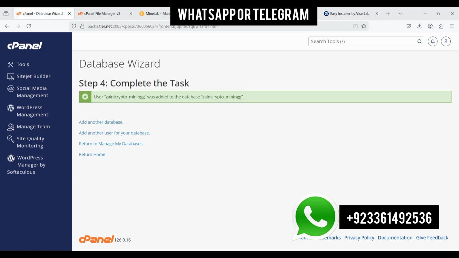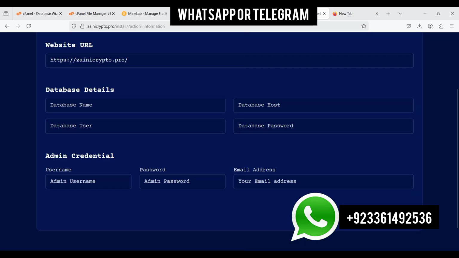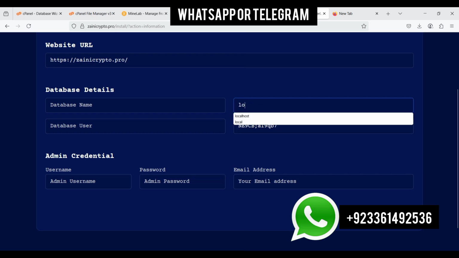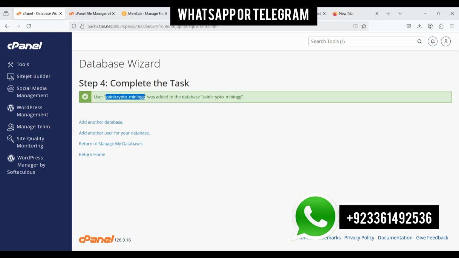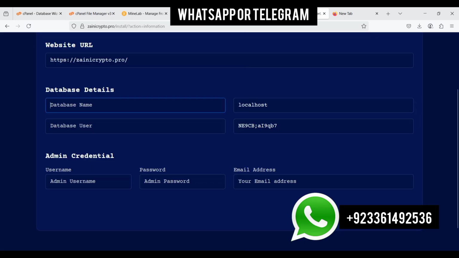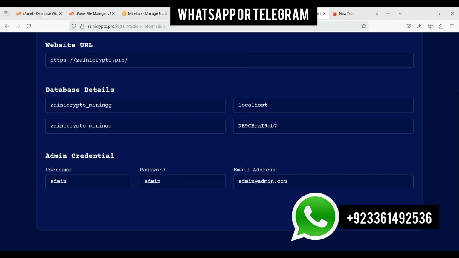So viewers, our database has been created successfully, so we have to save our password over here. And we have to fill in all these credentials. We have to enter our password, our host, and our third step is that we have to enter our database name. Copy the database name and put it here. Our next step is that we have to add the admin credentials, admin password, and admin email for admin login. Click install now, and as you can see